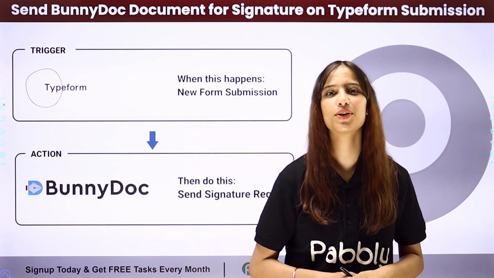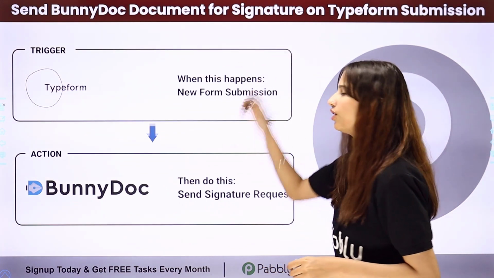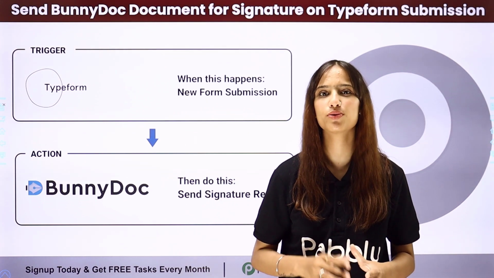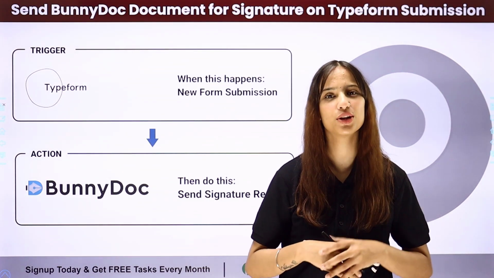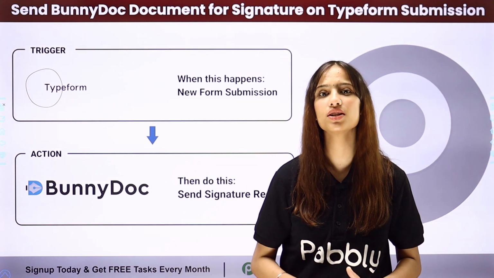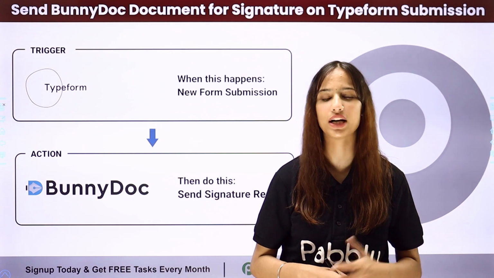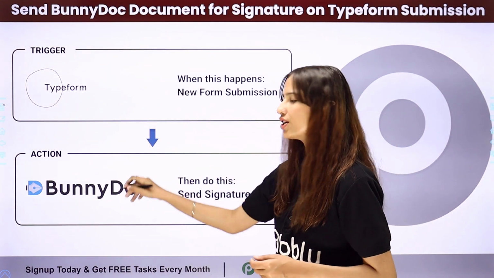So in today's video we are going to understand how to send BunnyDoc document for signature on Typeform submission. Here, let's say that I have created a form using Typeform and my objective is that whenever I receive a new form submission, then by using BunnyDoc I want to create a signature request and send it to that person. Now to do this I need to build a connection between these two applications, for which